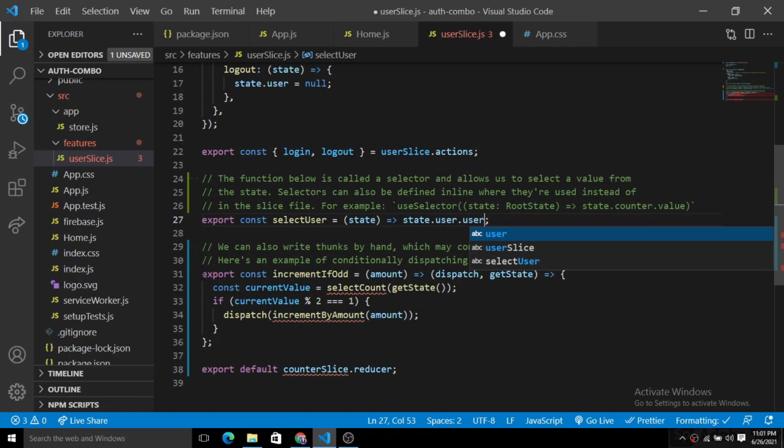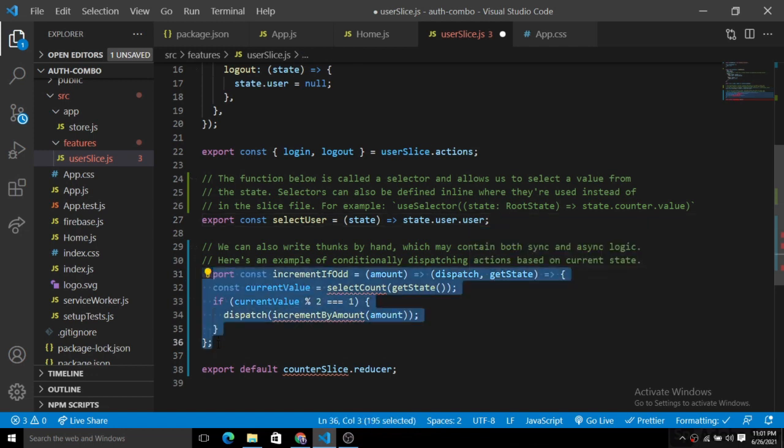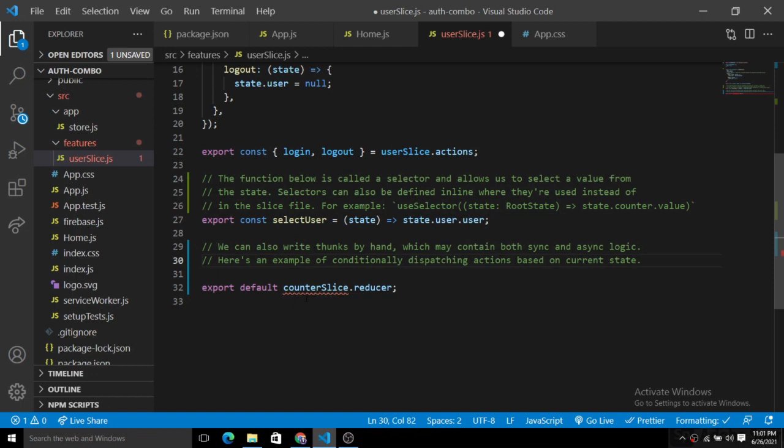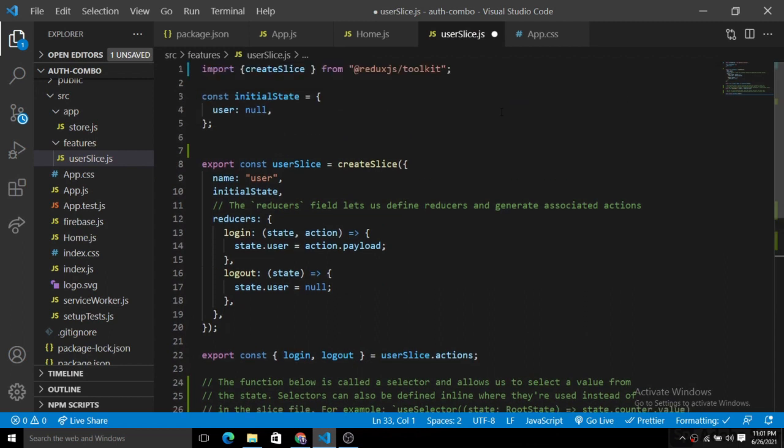And then the last thing, let's remove that. Okay, so update this counter slice to user slice. So we are done with this. This is our user slice here. I'm just going to debug, dry run from top to bottom here. First of all we import the createSlice, then we create an initial state for the user. Initially it will be null, then we use this createSlice and pass all this JSON type data,